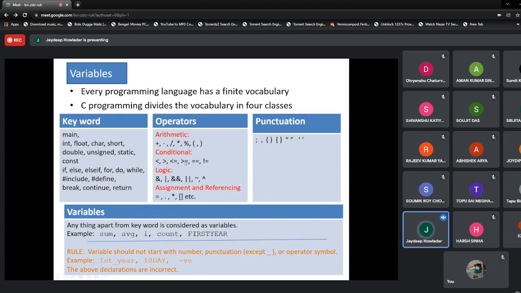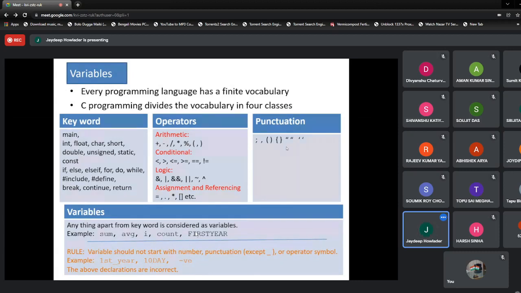To name a variable, we first segregate that there is a set of keywords, a set of operators, and a set of punctuations, and if we use a string of alphabets or symbols which does not belong to this keyword, operator, or punctuation set, they can be treated as a variable.